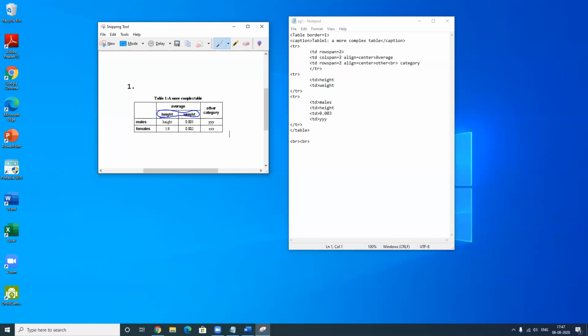TD males, height 0.33, YYY. Next is females 1.9, that I've not added here.